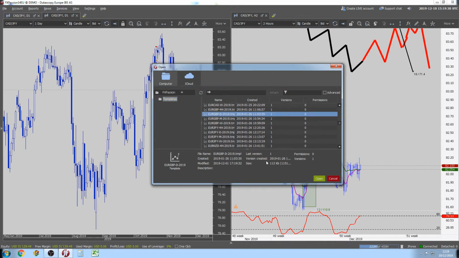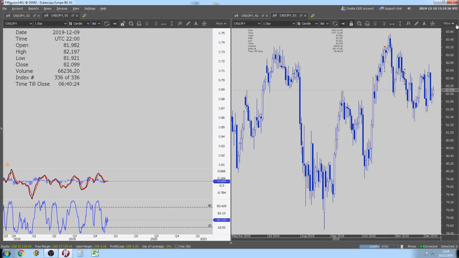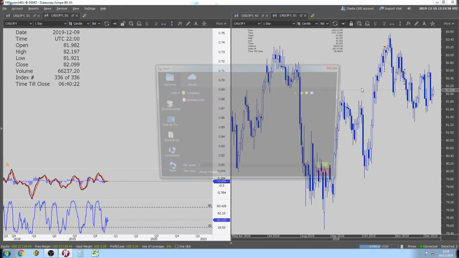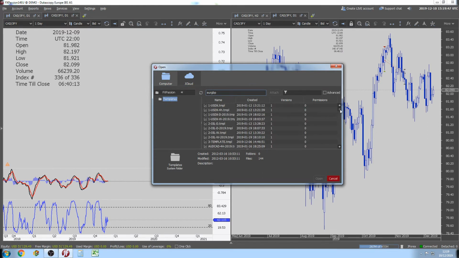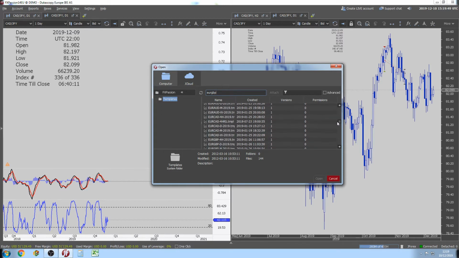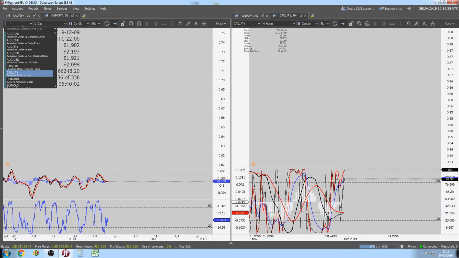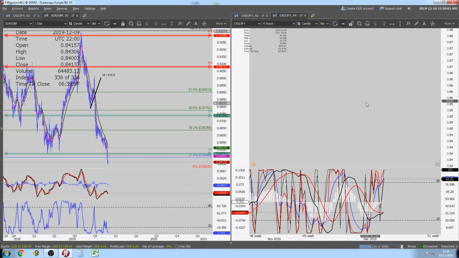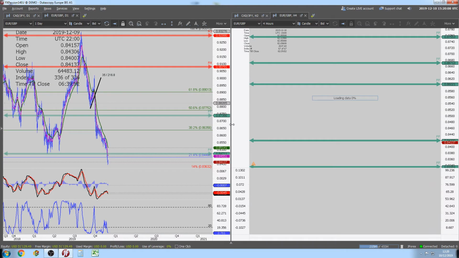Euro GBP daily chart, there you go. And we're going to open Euro GBP. Open Euro GBP. Oh, time to shine. And I told that I'm going to show you my dogs, right? One time, you know. Ichi and Euro GBP 4 hour chart, okay. Ichi and Fibo. Euro GBP daily chart. Okay, Euro GBP 4 hour chart. Okay,